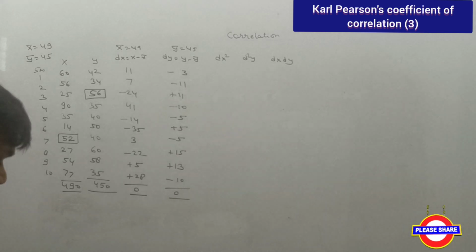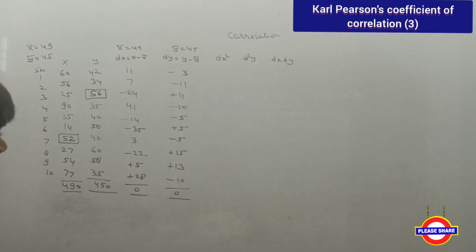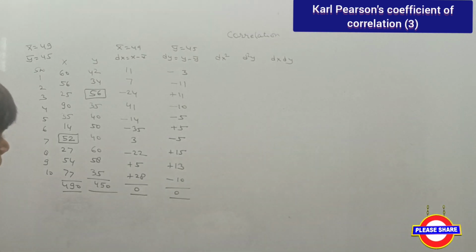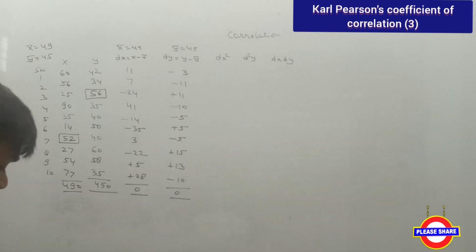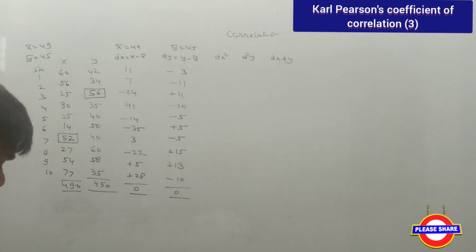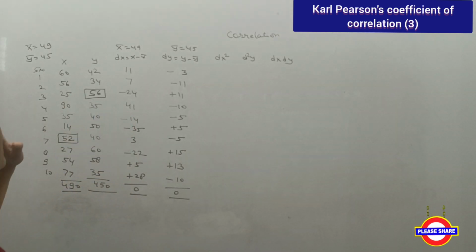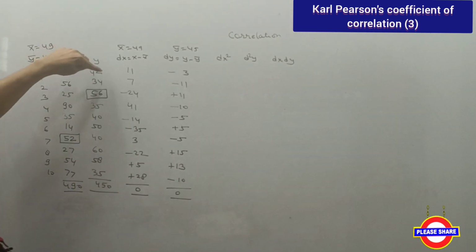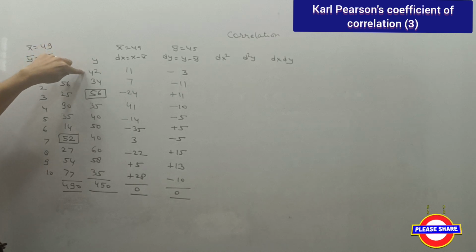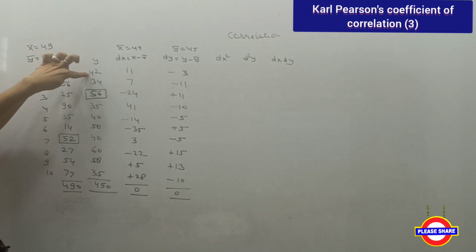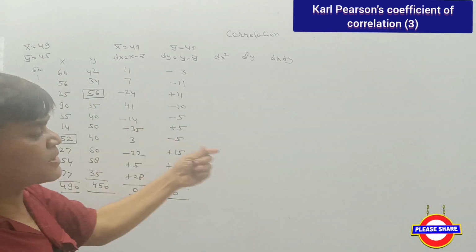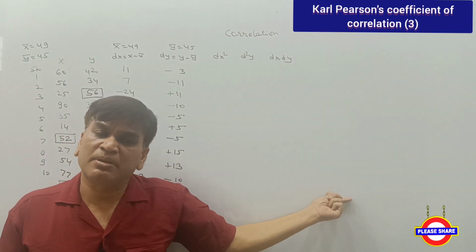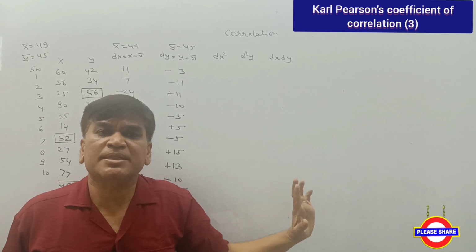So first one, 3 is minus value, 11 is minus value, 11 is plus value, 15 is minus value, 15 is plus value, 13 is plus value, 10 is minus value. So result 0. Now this is okay. We are having some mistake here. We have to write 42 here. In the example, there is a 42. I have written 2, but in deduction, I have taken 56 because I have taken the answer from the book. So no problem at all. Our answer is okay.